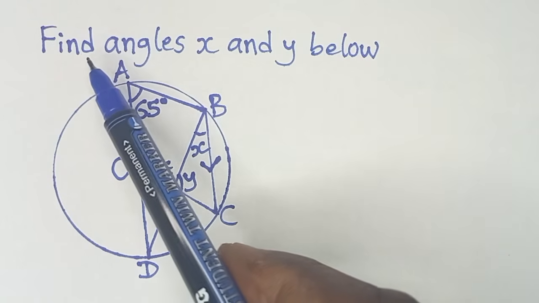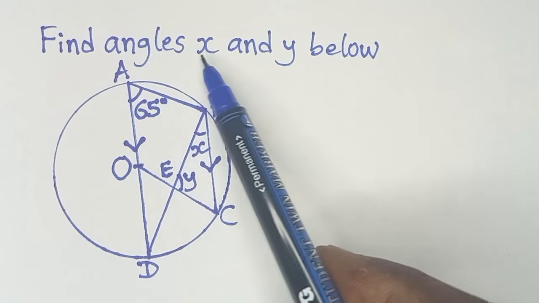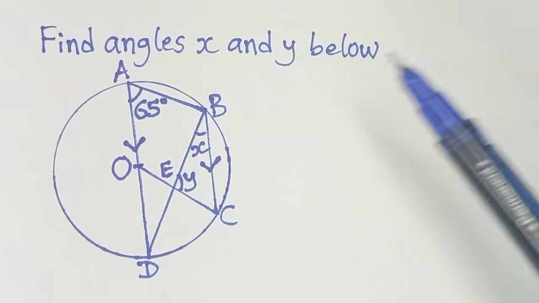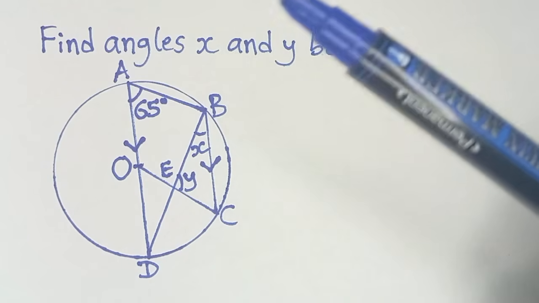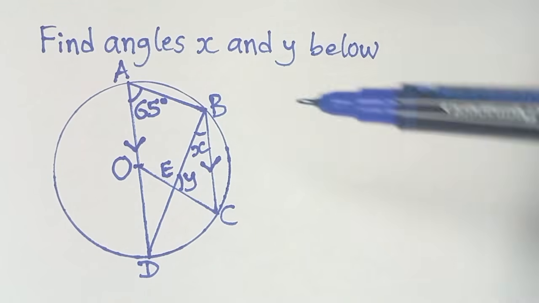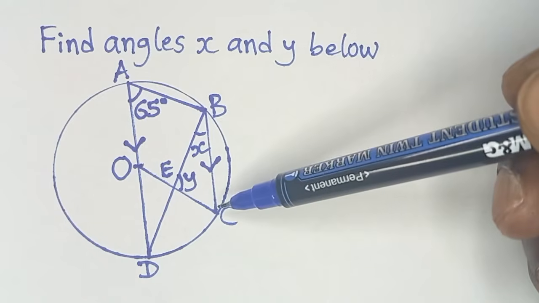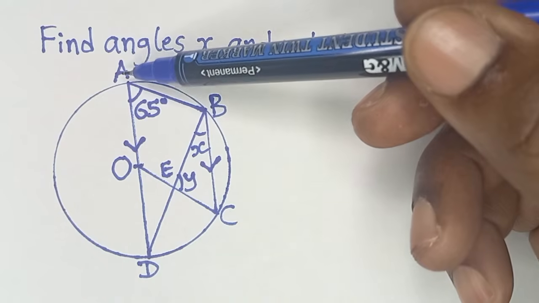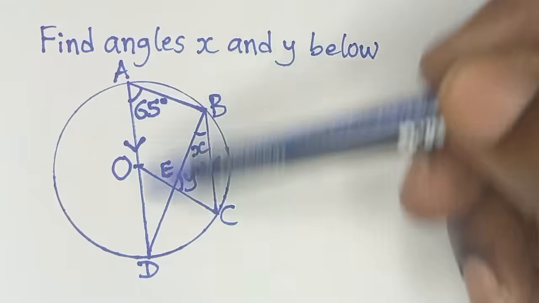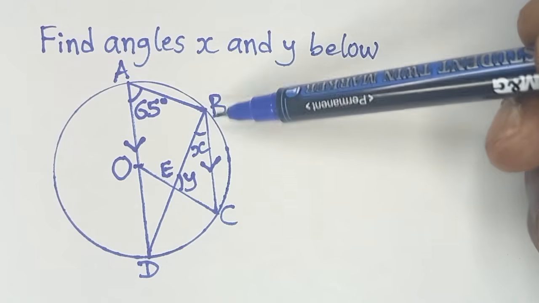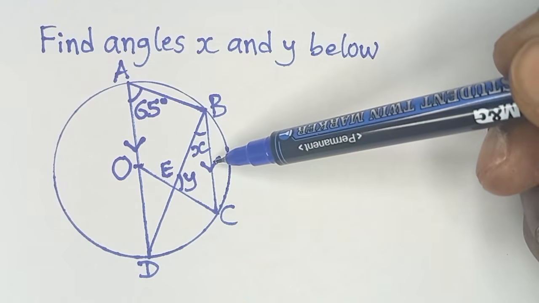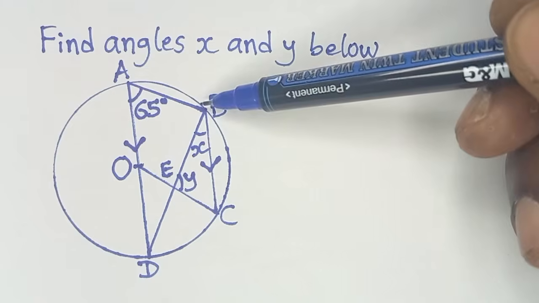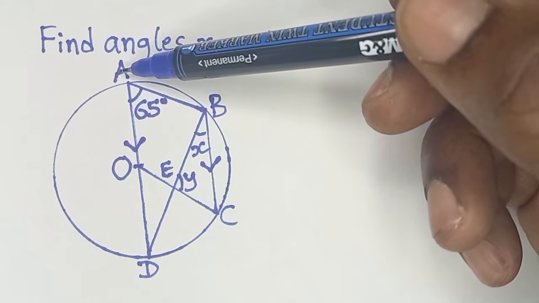The question here says find angles x and y below. So we are looking for these two angles. Now the first thing I would like us to look at is this line BC and this line AOD. You can see these two lines. They are parallel lines because of this arrow mark on them. So this line BC is parallel to the line